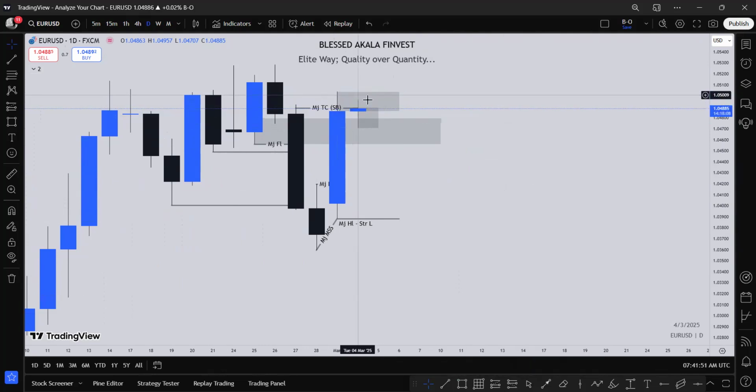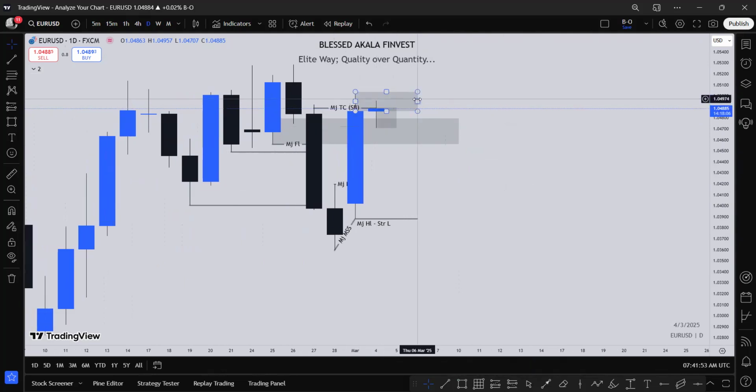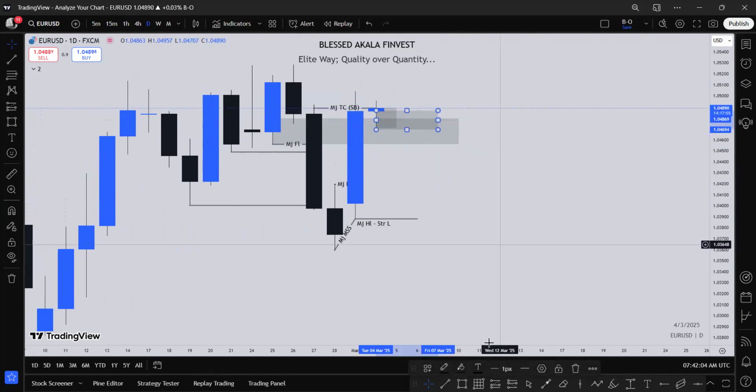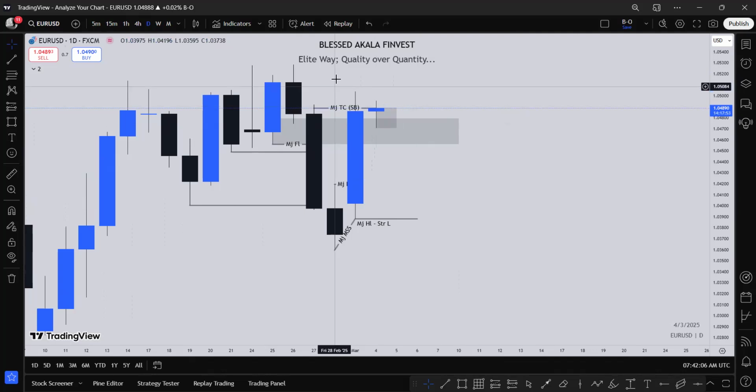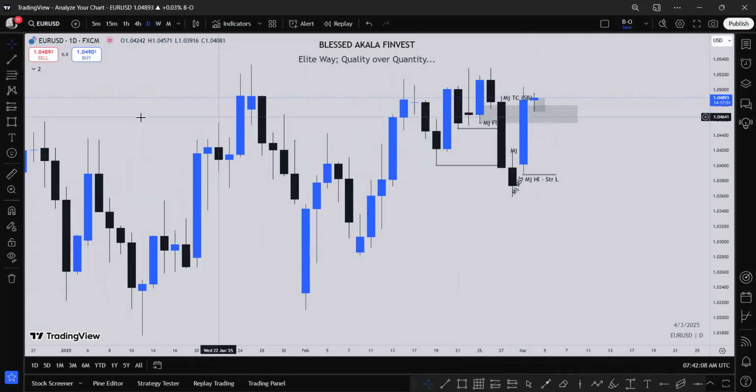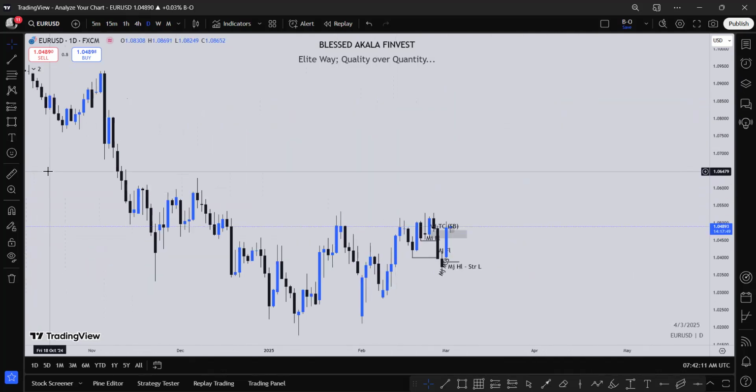And if we are to measure this particular level, its measure, I guess, is going to measure almost perfectly with this level. So we can be anticipating an internal structure from this level. So I'm expecting higher prices in the market. And if we are to look at it, we have a lot of liquidity to be taken out of the market. So I guess the trade I quickly took from that place